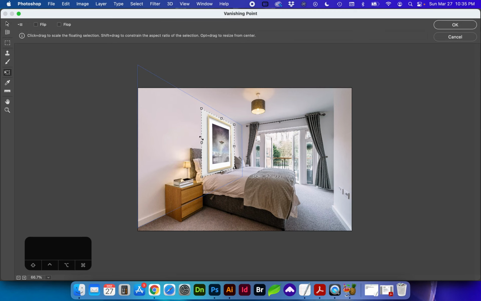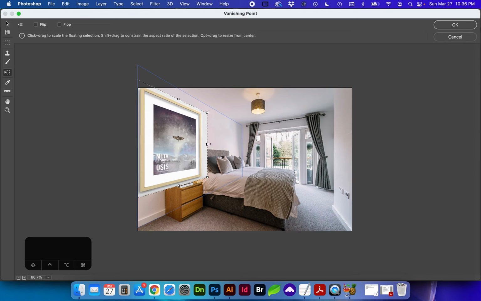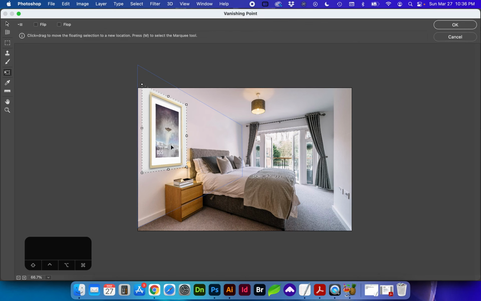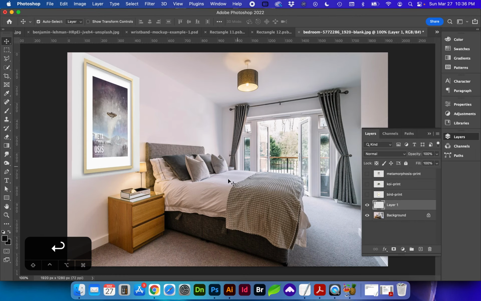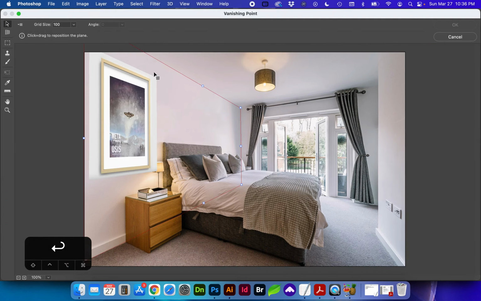I'm going to resize this. It looks rather stretched. Let's call that one good. I just hit return on the keyboard, and this is on its own layer now. You can see if we do go back to Filter, Vanishing Point,